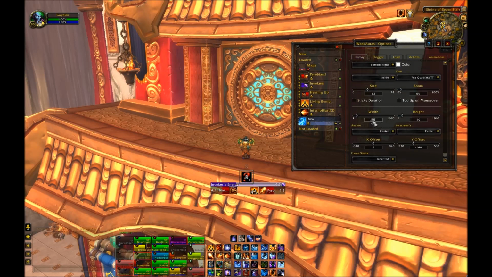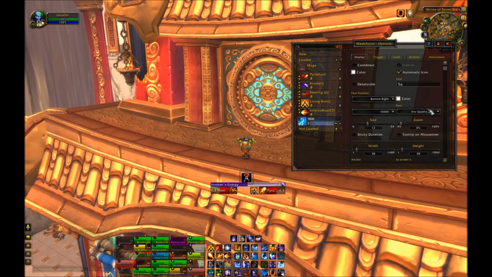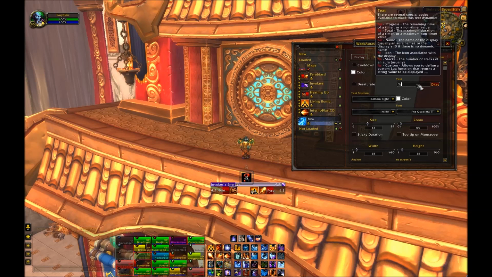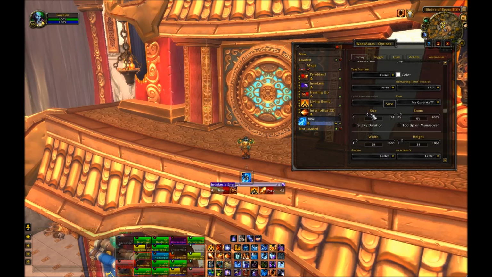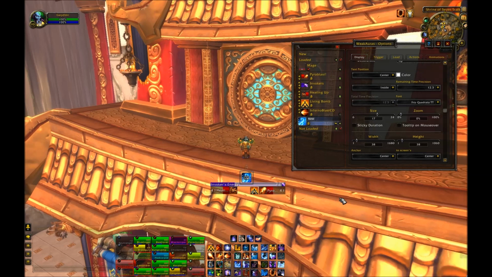Let's make it a little smaller. Perfect. Now I'm going to change this to %p so I can see the progress, and that way the text inside will tell us how much time is left on that buff. I'll center it and make the text a bit larger. Okay. Alright, that one's good. Name it